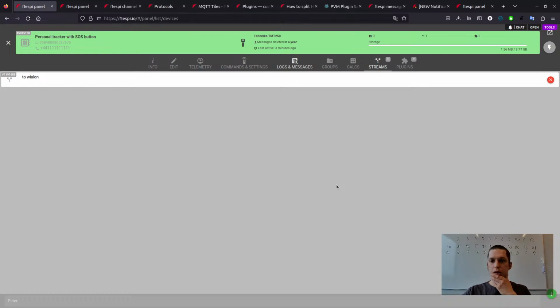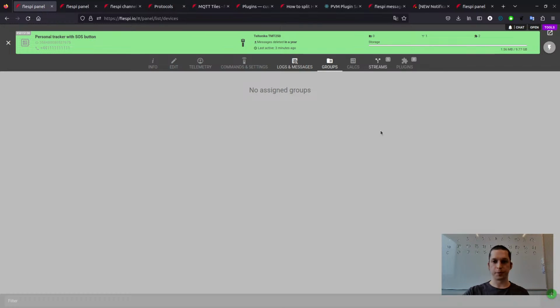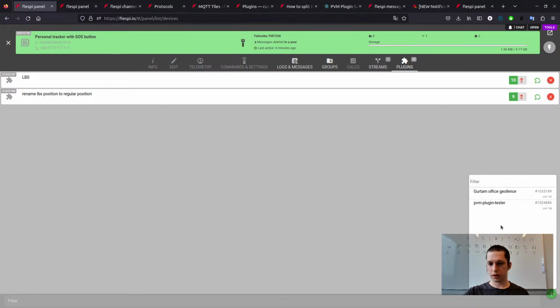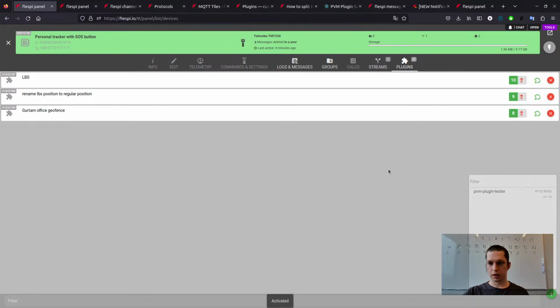Not getting into details here. And what else do we have here? For example, groups. This device is not assigned to a group, but a group is kind of an automation tool. For example, this device is assigned to 3 plugins and 1 stream.